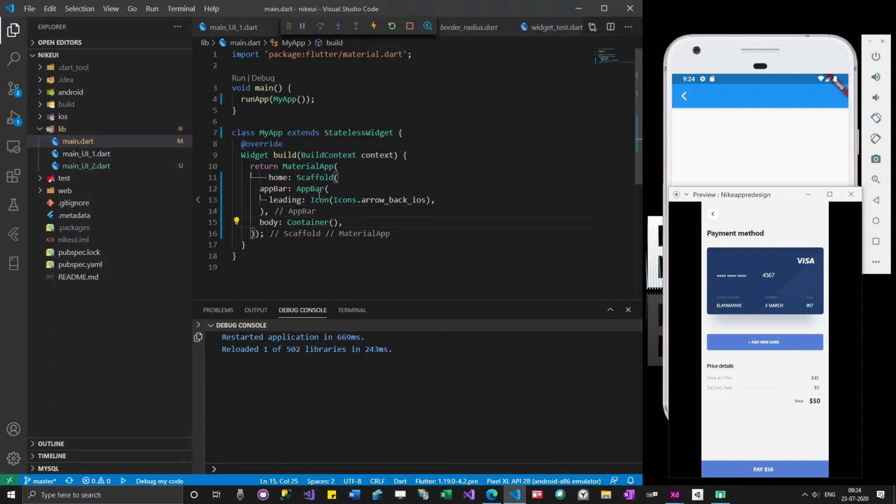We can actually add a container easily, but I want to practice borrowing code from Adobe and then doing it. So this whole thing looks like a container. That's okay, but you can even wrap this in a SingleChildScrollView also, that's fine.